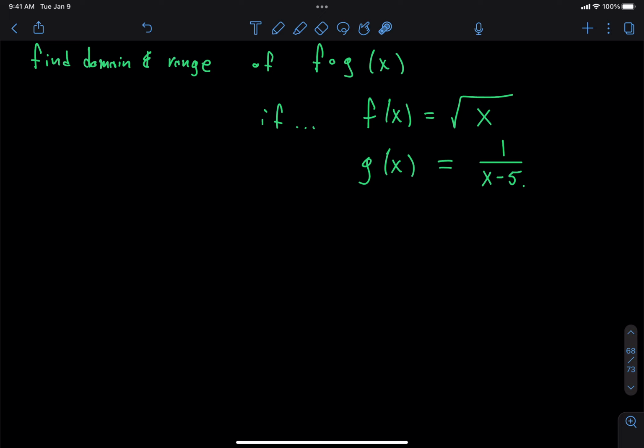Okay, well, we know that we're going to need to do f of g of x, right? So I think the first thing that it would be useful to do would be to ask ourselves, what is the domain of g? So let's try to describe that first. Domain of g